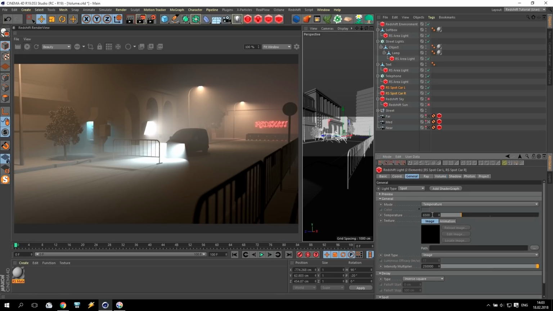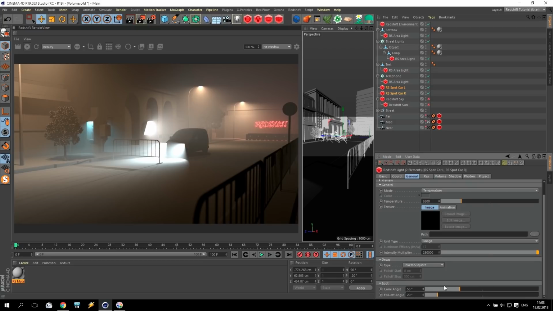So the spotlight parameters, the temperature is set to 6500. It has a very high intensity multiplier. It's like 250,000. We've got our cone angle set to 55 and our fall off angle set to 20. So now we've got a really nice looking clean picture with a bunch of volume lights, and it still renders